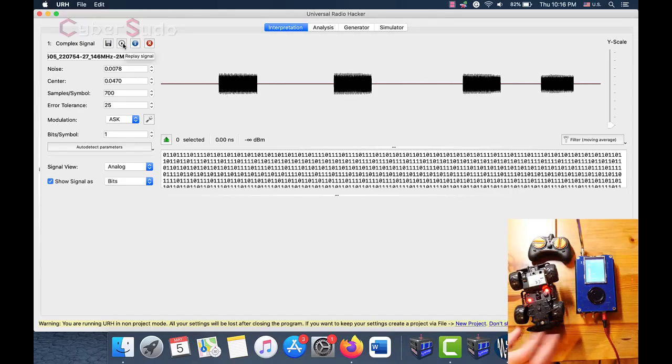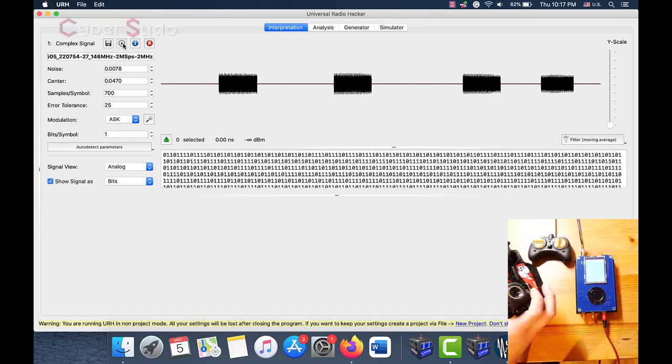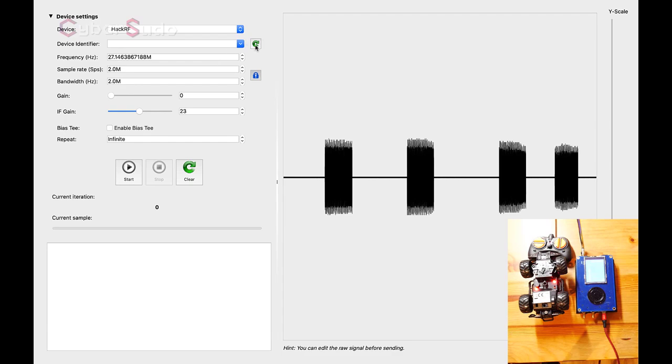So here we go. I'm going to move the car because you can see here that we have an antenna, and make sure that you extend the antenna that comes with the HackRF. So here we have the antenna of the car. I'm going to put it in here, just like this. And now when we press on replay, select our device, and say start,